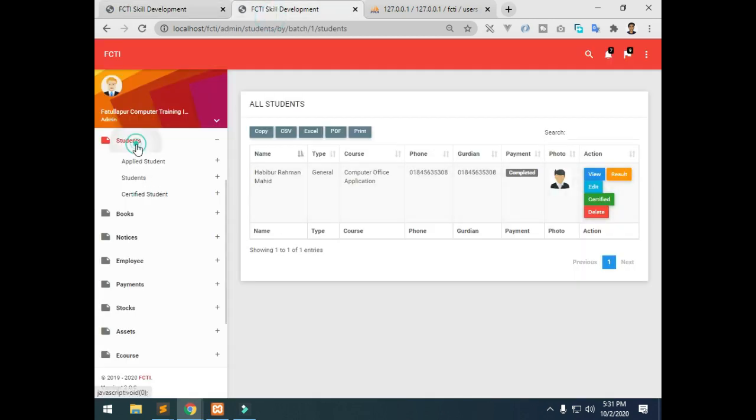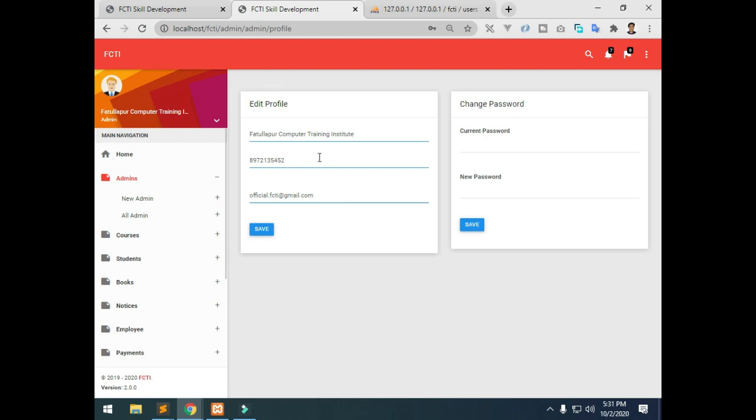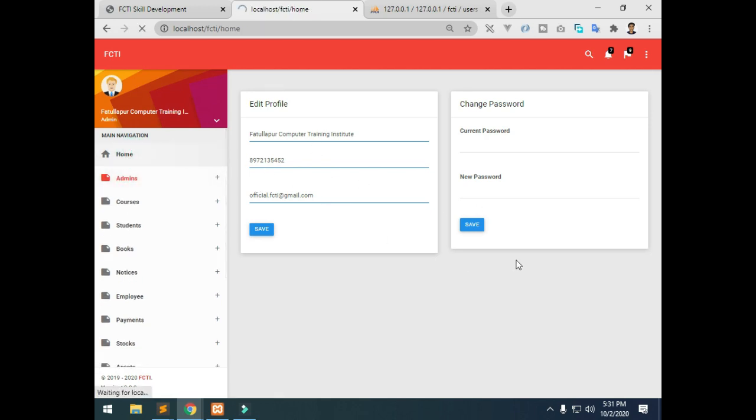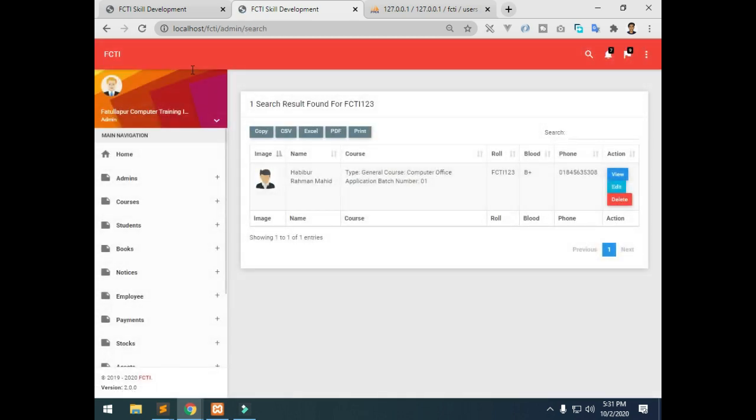So guys, it was my project. If you want to change the details from here, you can change the admin profile, password, profile name, etc. The admin can also search a student from the admin panel. You can also search a student from here. See, the student details also appear here. Total 1 student, 1 search.